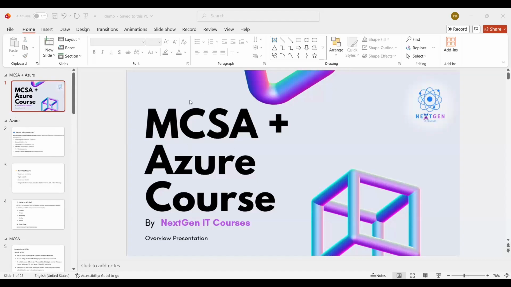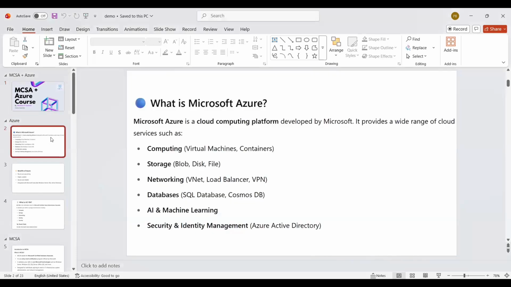So yesterday we discussed the course, what technologies we are going to cover in this course, right? This course is a combination course where we are going to cover the MCSA and the Azure part. So the syllabus of both certifications is going to be covered here. Okay. And after this, we discussed these technologies a little bit, like what is Azure, why we are using